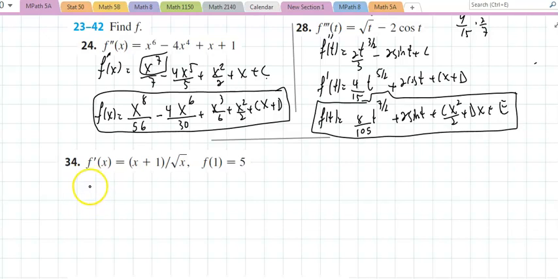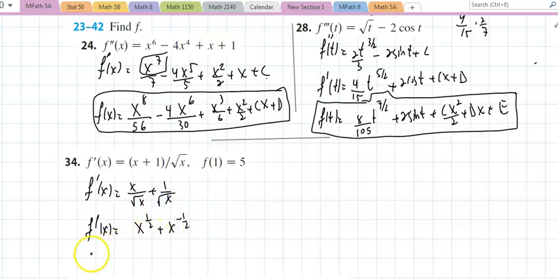34 is the next problem. So if I really look at this, I'd say f prime of x is actually x divided by radical x plus 1 over x. And I could say that is x to the 1/2 plus, oh, that's radical x, x to the negative 1/2. So here, if I say what's f of x, add 1 to the power, divide by that, add 1 to the power, divide by that,